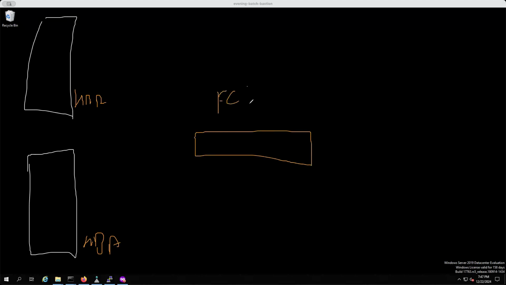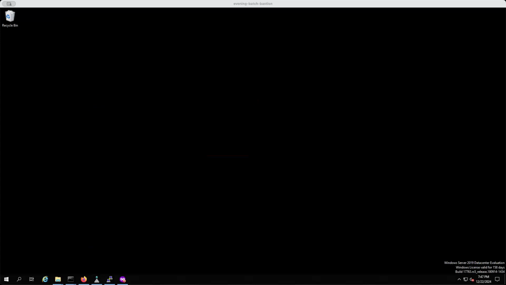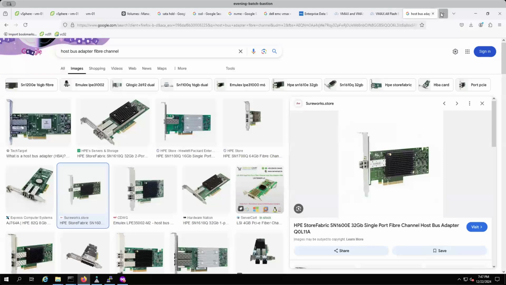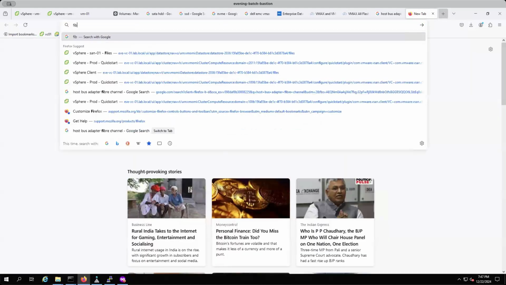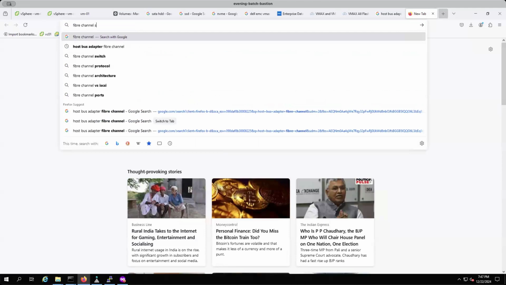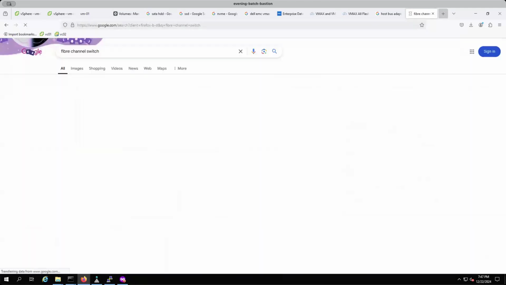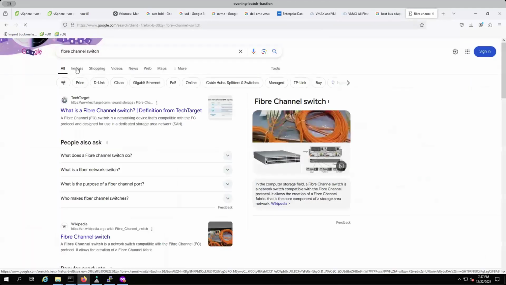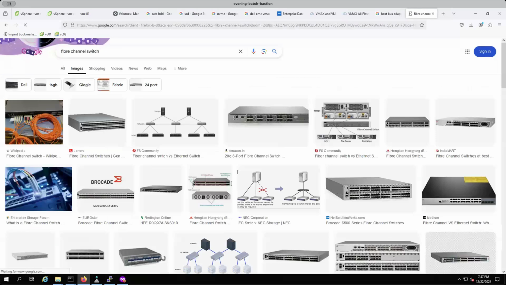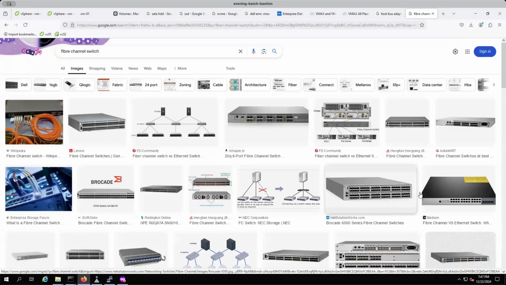I have to use a fiber channel switch over here. So again, I have to buy a different switch altogether. I cannot use the switch which I have in my environment. So I will have to look for a fiber channel switch. And when I go to the images over here, you would see that this is how your fiber channel